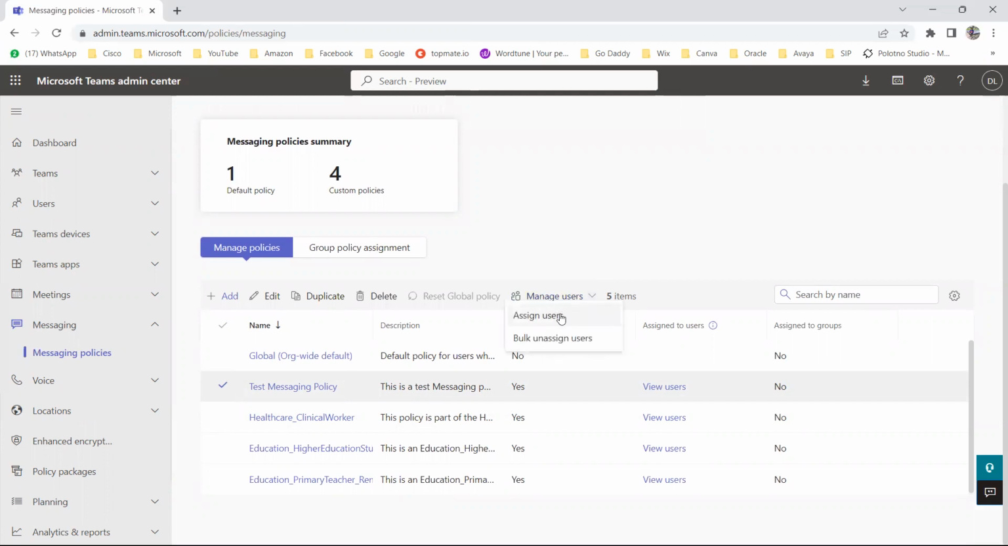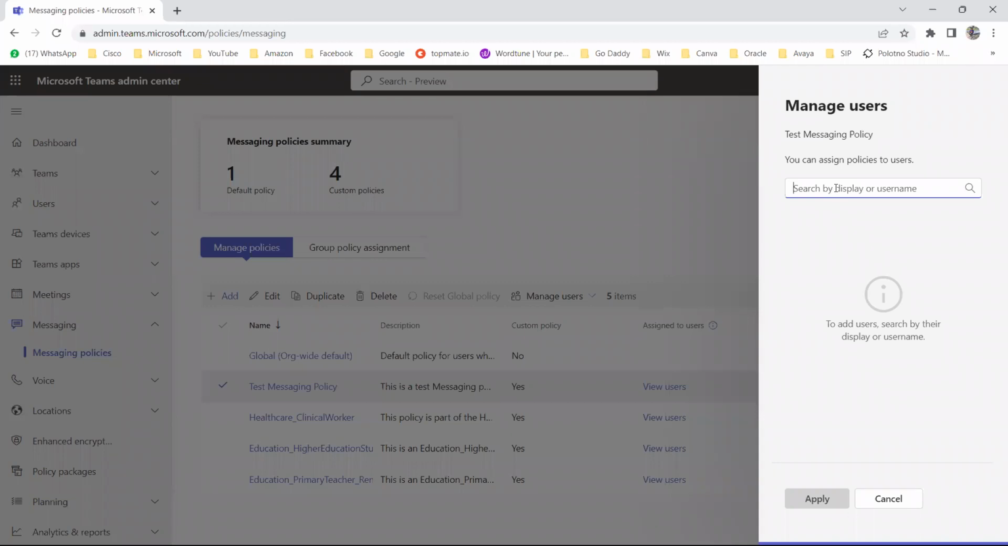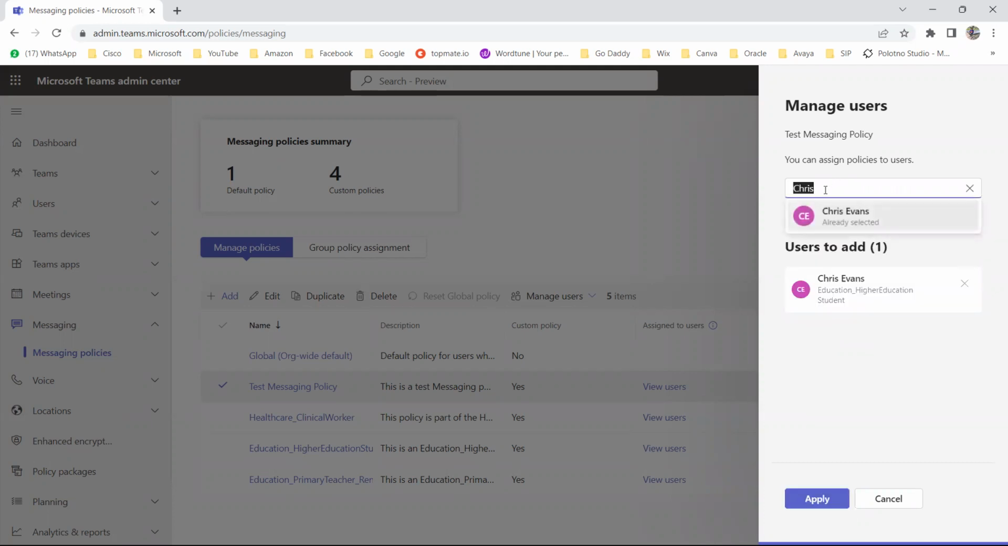Here you can see if I want to assign to particular users, I can click on this assign users and I can just add the names. Or if I want to unassign this messaging policy from the users, I can click on this one, bulk unassign users. As of now, let me assign this test messaging policy to the users. So let me add, let's say Chris Evans. Okay, I can add the policy for Chris Evans. Then I can say maybe